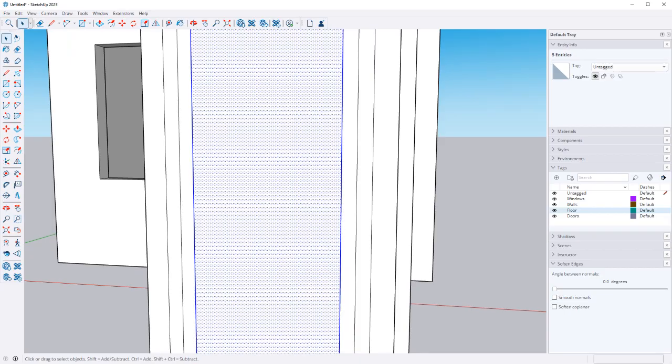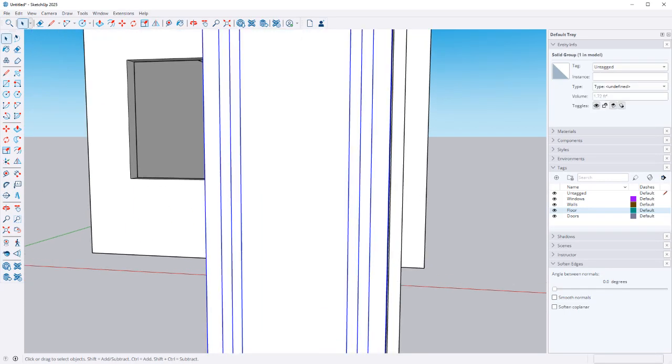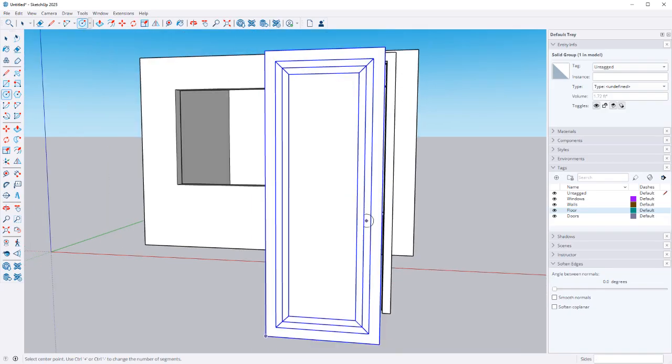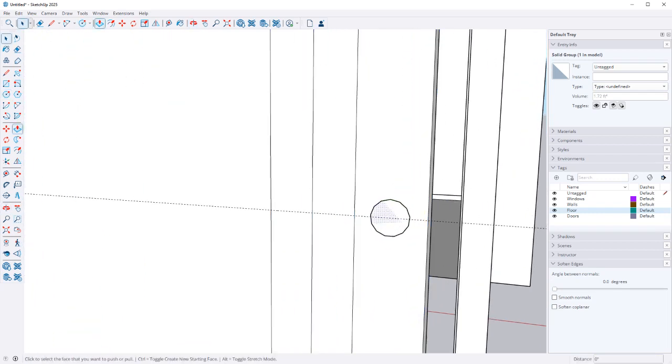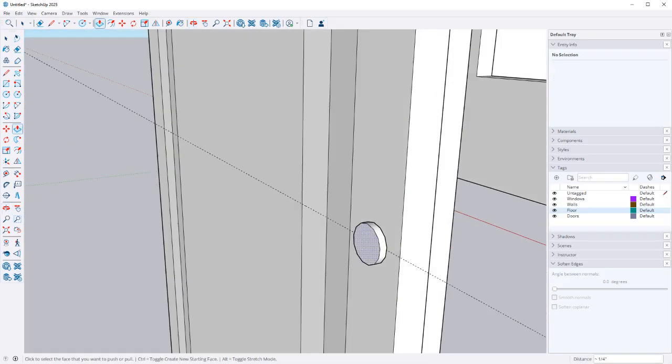And then just like in other projects, let's group this first. And then we can throw on a door handle here. Let's get it at the right height. No, it wasn't that high. It was 36 inches. And then we can do a little circle here, make it 0.5 or 0.75, pull it out. And then let's do the other cool thing that you can do with the follow me tool,